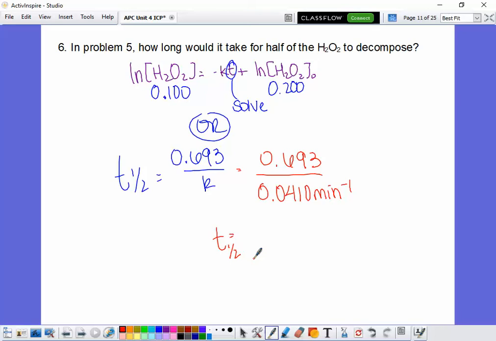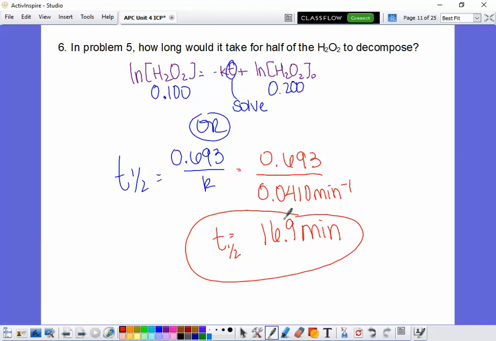And what do we get? And what's our unit? Minutes. Because this is a measurement of time, so we have to have a unit with it. That's the unit on the rate constant. And that's another way you can know that it's